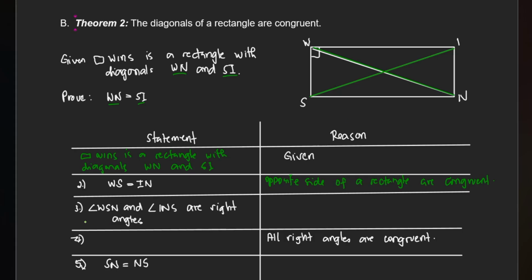Okay? Now, let's proceed with our third statement kasi connected din yung third statement sa ating second statement. If we say angle WSN, so ibig sabihin yung S yung nasa gitna. So meaning to say, yung focus natin is dito na angle, dito na part. Okay? So angle WSN and angle INS, which is this one, dito na angle, are right angle. So basically, ano yung na-observe ninyo? Yung possible reason natin sa given. So that is definition of